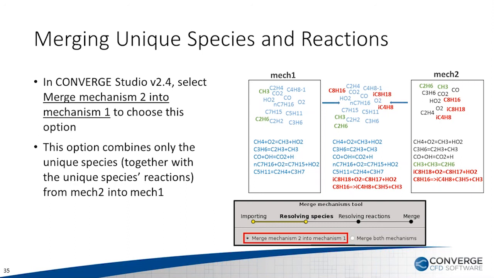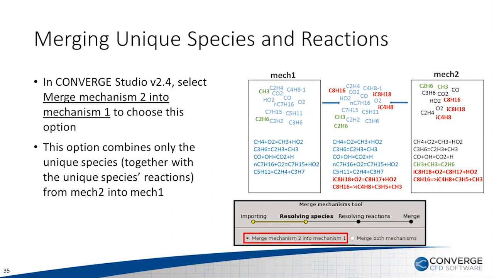The second way is what if I only want to merge Mech 2 into Mech 1? Let's say I have a mechanism and I don't want to break the ignition delay, but I do want to improve some flame speed. So I may want to just merge the second mechanism into the first one without breaking the reaction path. So basically, if you want to do this,